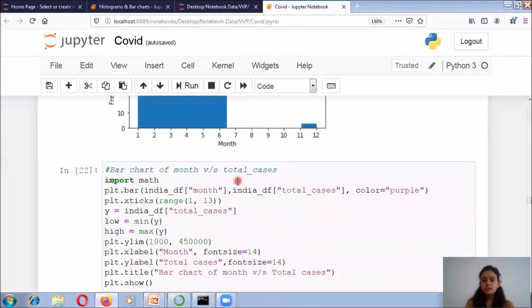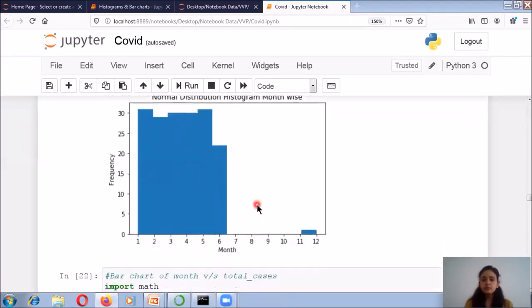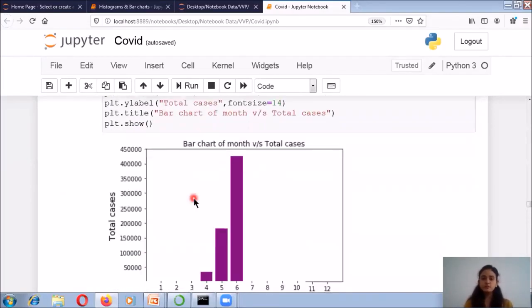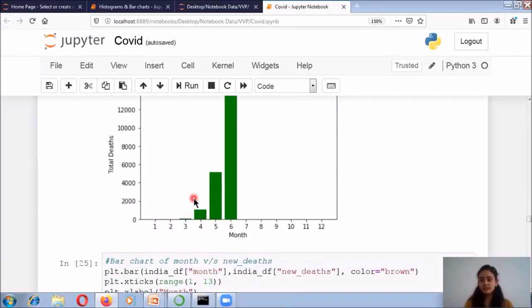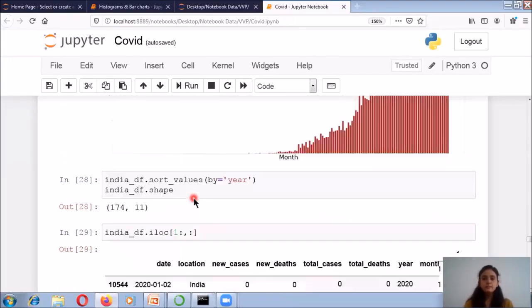Then I have plotted the histograms. Then I have seen of which months my data is present. I have done this analysis in the month of June, so the total number of cases till the month of June is present in my data set. This was the latest updated data set.